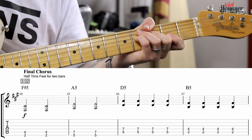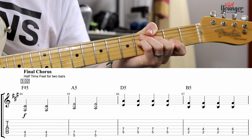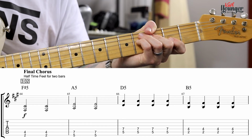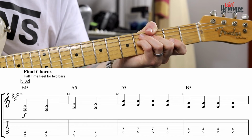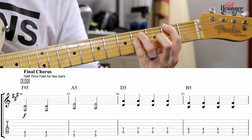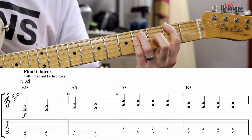So the final chorus then. I've tried to arrange this and overlap it with the guitar solo that's going to happen, but we'll cover that in a separate section. So we're going to drop one chord here, but we're starting at bar 64. It starts with the kind of halftime feel. So we're going to be on this F sharp chord here as the demonstration, in bar 64,